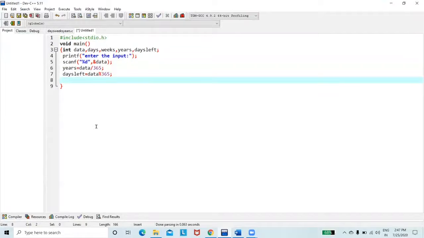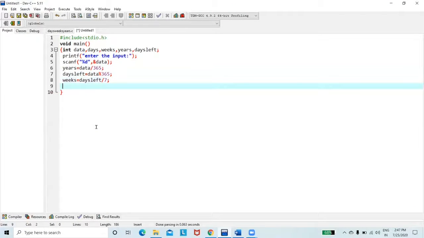Now we have to do it for weeks. For calculating weeks, we have to divide the days left by 7. The quotient gives the number of weeks and the remainder gives the number of days. So now I'm performing modular division here to get the remainder, again with 7. Here the remainder will be stored in days and that is the number of days. So we are done with the program.